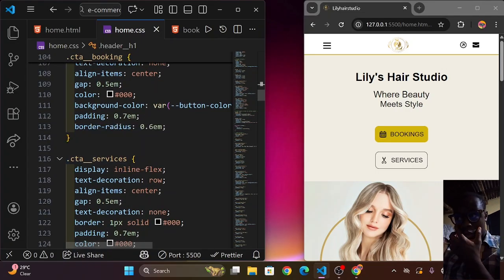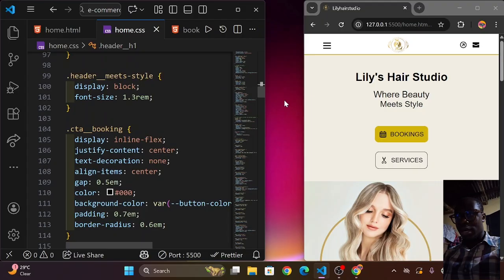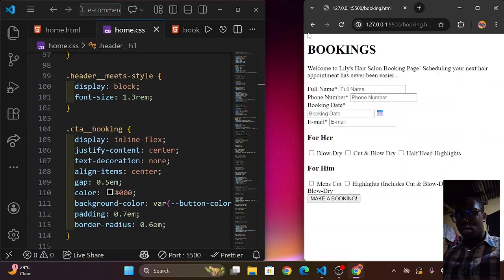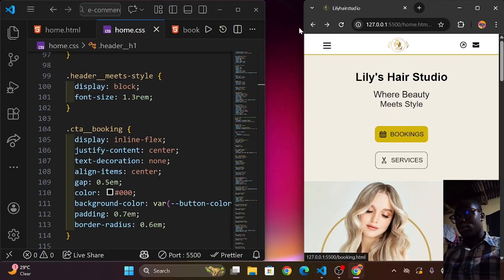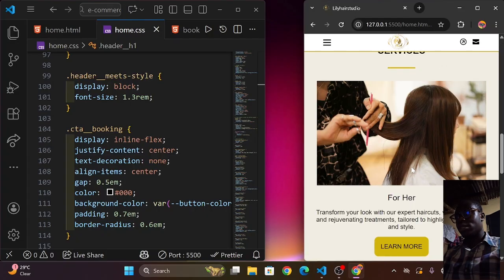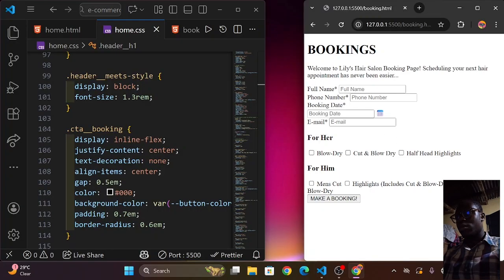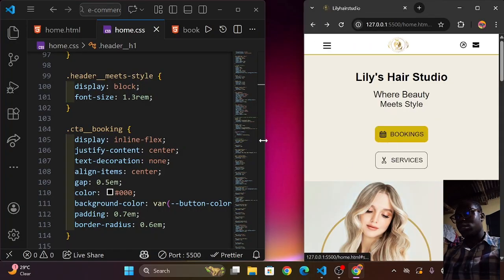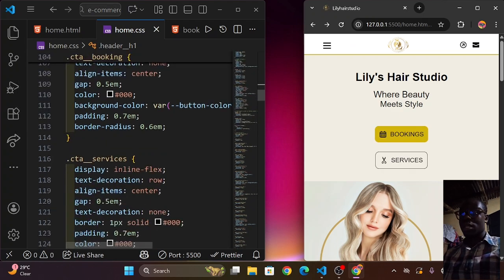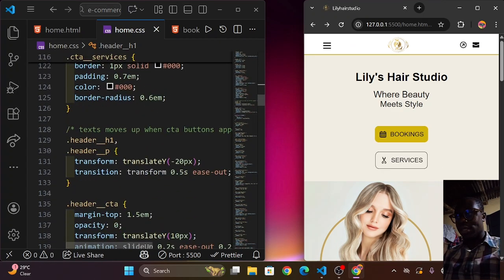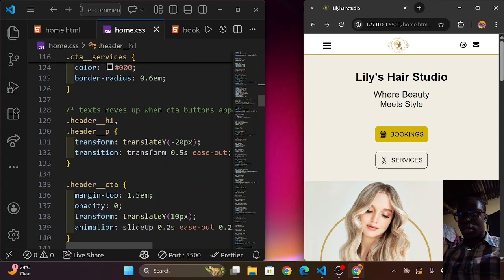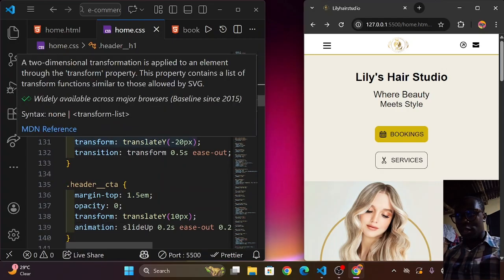Okay, and then we have our CTA. All right, so this is our CTA, this one. So the bookings, right? The bookings and then services is our CTA. And click on services, takes us to the services page. And click on bookings, it takes us to the bookings page, right? So this is our services. Basically, these are services. And these two are the CTA buttons. Okay, yeah. And the next one is